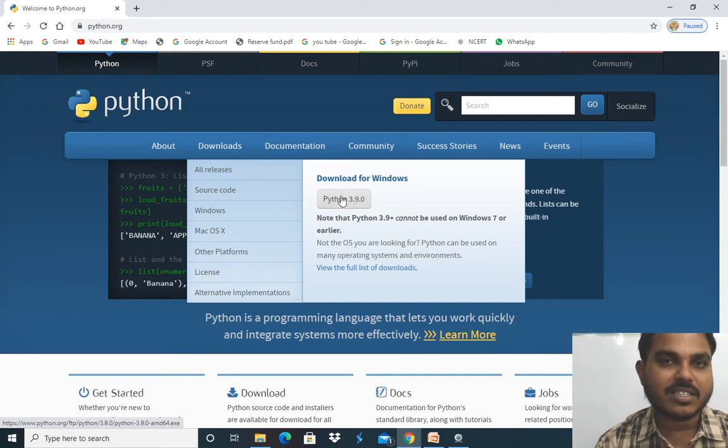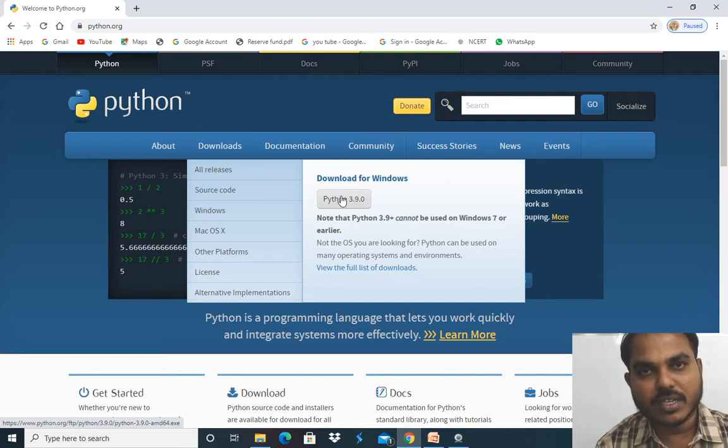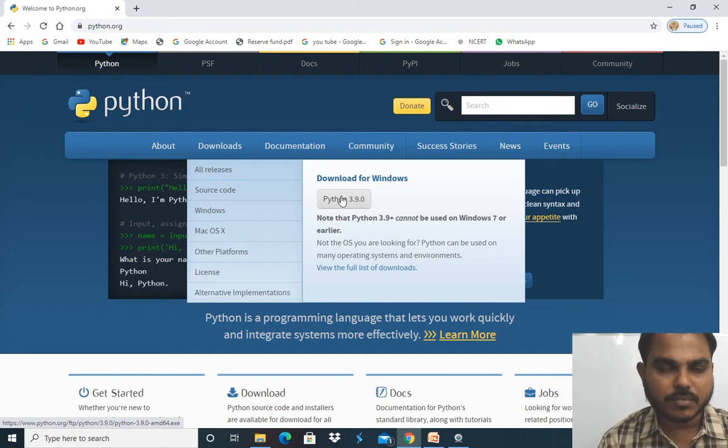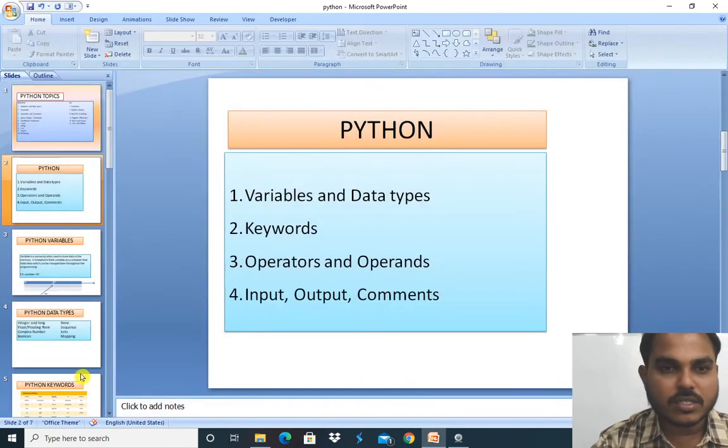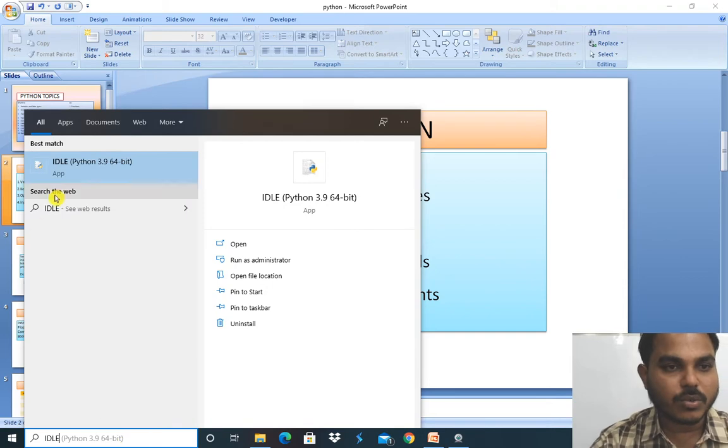I have already installed it on my computer system. You just click on Python 3.9, the latest version of Python software, then continue, install, and give the location wherever you want. This is the procedure to install Python on a computer system. Next, you need to type IDLE, which is going to be your Python editor.